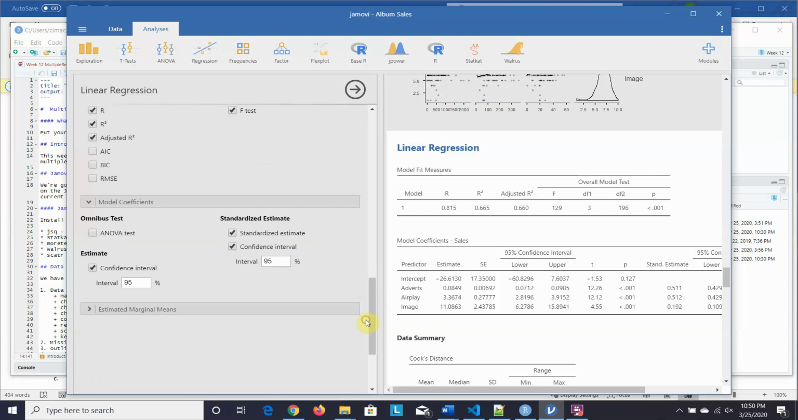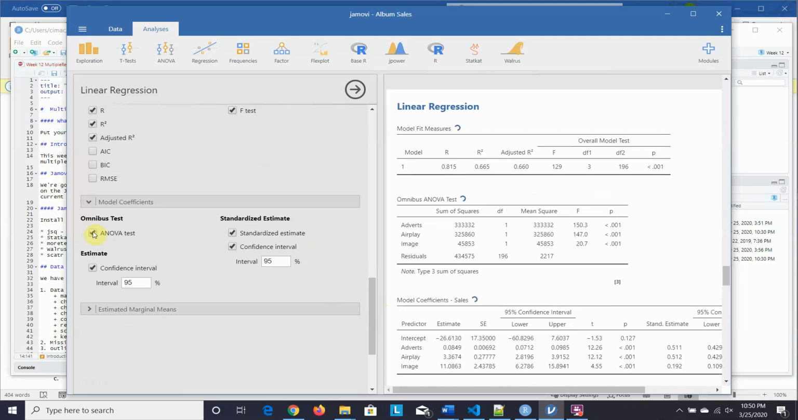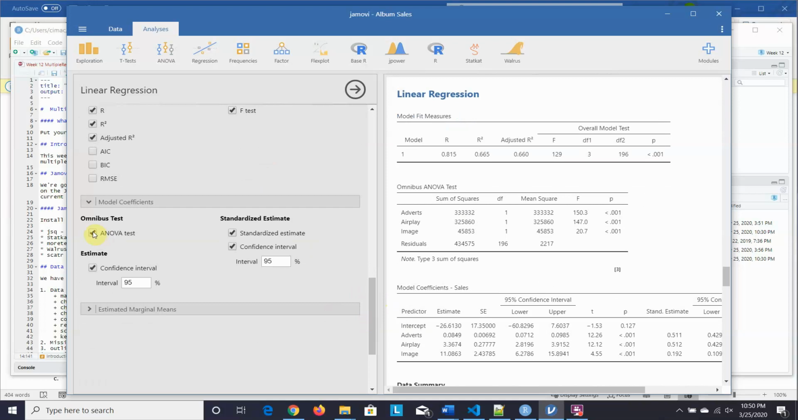And I'm going to go ahead and let's look at this omnibus test on the ANOVA, and we can talk a little bit about it. We have our confidence intervals for our estimates and our standardized estimates. We're going to go ahead and get the standardized estimate and confidence interval. You want to check those boxes. So now that we've checked all that, we can come over and